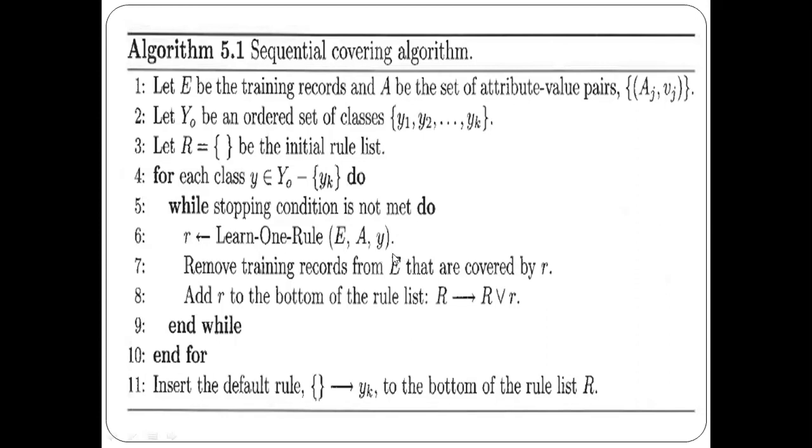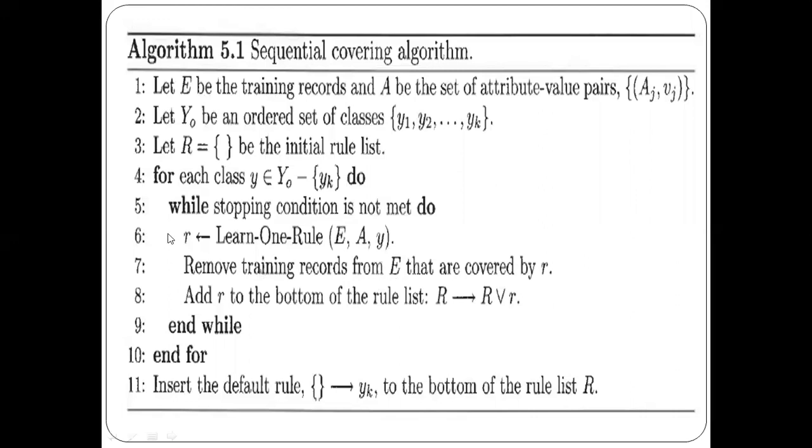Once we find the rules that belong to one of the classes, we will remove all those records from this E that are covered by this rule, because we don't have to generate the same rule the next time. Already we have found the rule here, so there is no need to consider those training records. Just remove those training records from E, because if you keep the same training records in this set, we may again generate the same rule. Already we have generated the rule, so we do not have to consider the same set of records again. So just remove it from the list of training records, that is E.